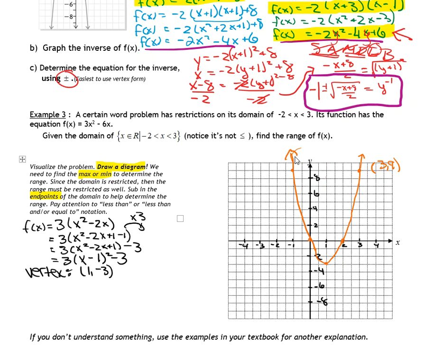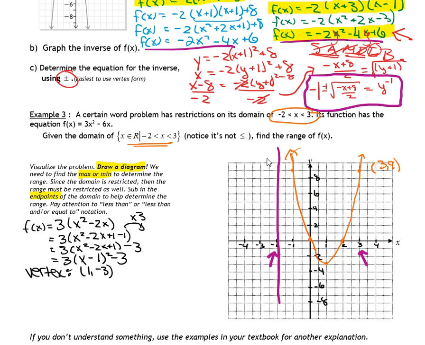So there's my quadratic. Now look back up to the original question. We have this restricted domain here, okay? This is our domain from -2 to 3. So -2 is here and 3 is here. So that means my graph can only go,